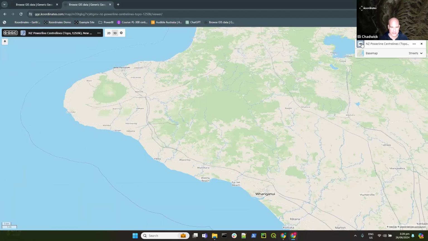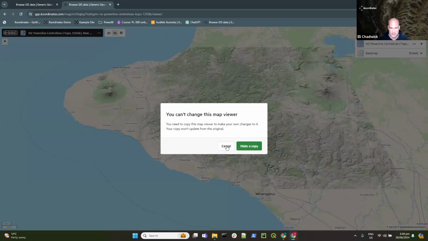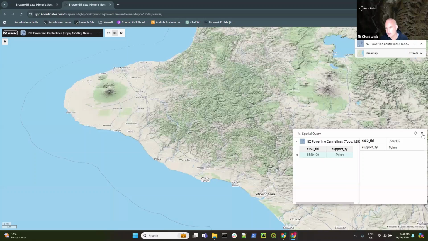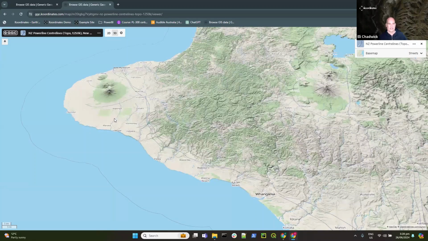So there we have it. Just verify that the feature service is there. So I can see my power lines are in there. I can do spatial queries. I can do all of those sorts of things. So really the point I wanted to make here was that